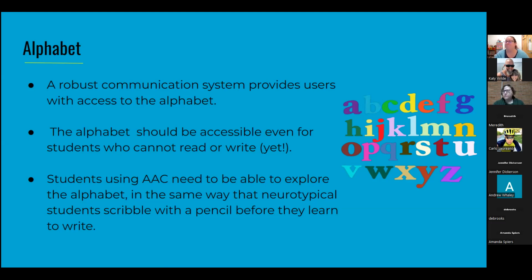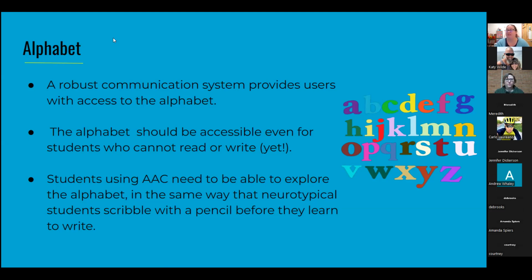So they can play with the alphabet just as our kids may scribble on a piece of paper as they're learning to write and just explore written language. That keyboard is going to be their access to the written language. And again, you're going to see kids press the letters and press random combinations, but that again is very normal. It's very expected, so they can learn the names of the letters and what the letters look like and are shaped like.